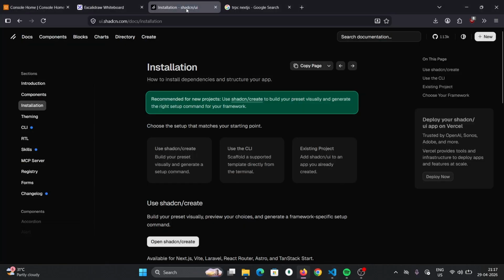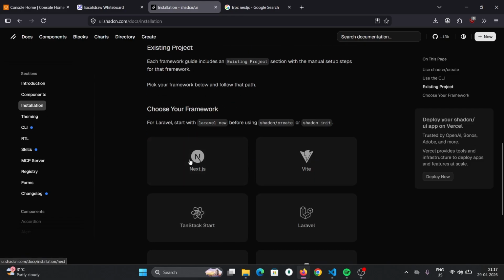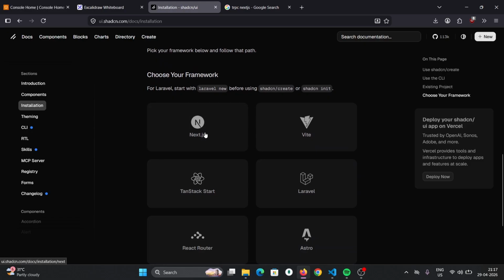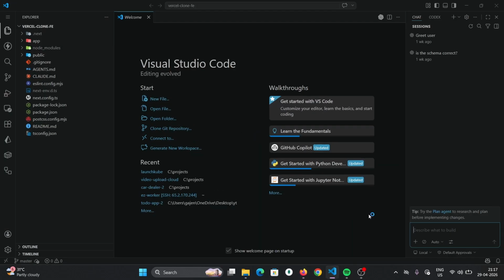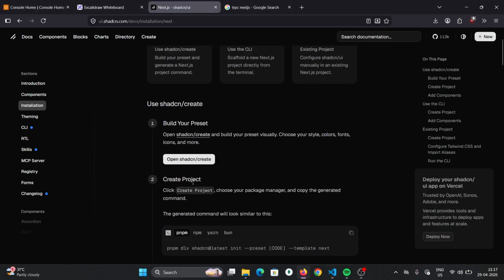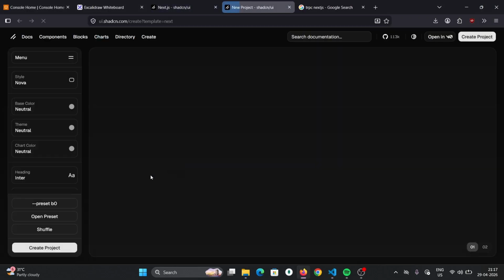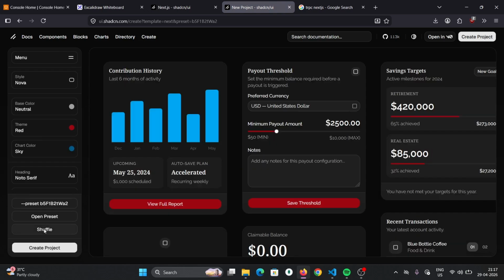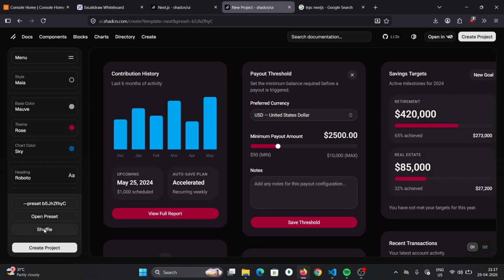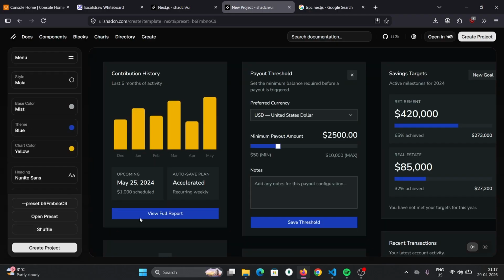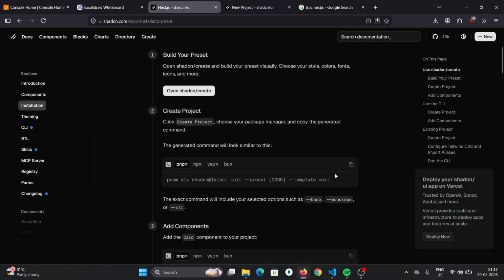and go to this shadcn website. Come to this installation docs, click on the installation, choose the Next.js framework and build a preset. Let's create a random preset. Now this, yeah, this looks good. So what's the next command? Copy this command